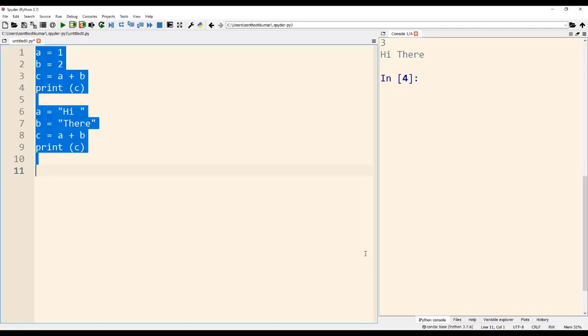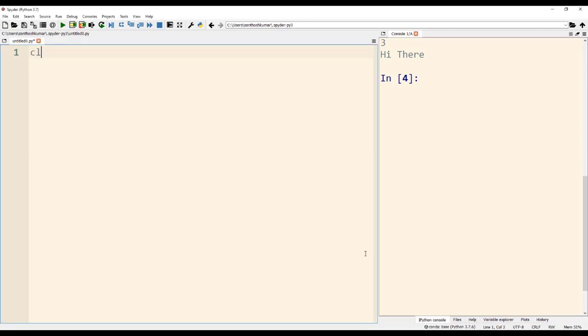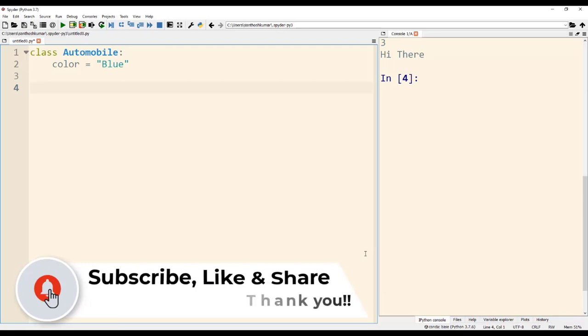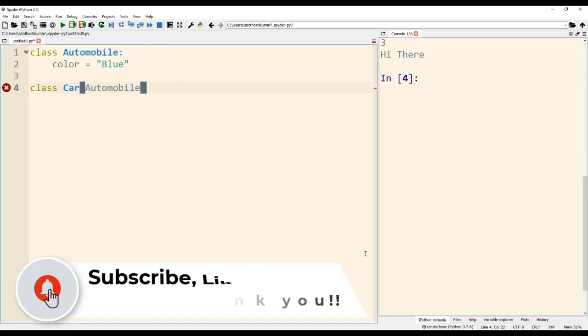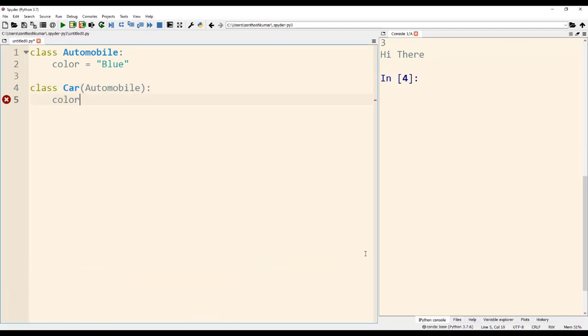Here I am creating a class named automobile, and within the class there is a variable or attribute, color, and I am assigning it a value blue. Next I am creating another class named car, and this car class inherits automobile, and there is the same variable called color in the car class as well, and I am assigning it a value red.